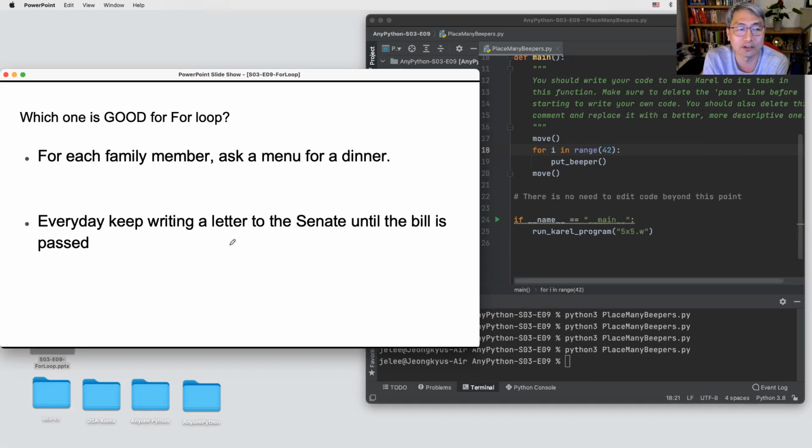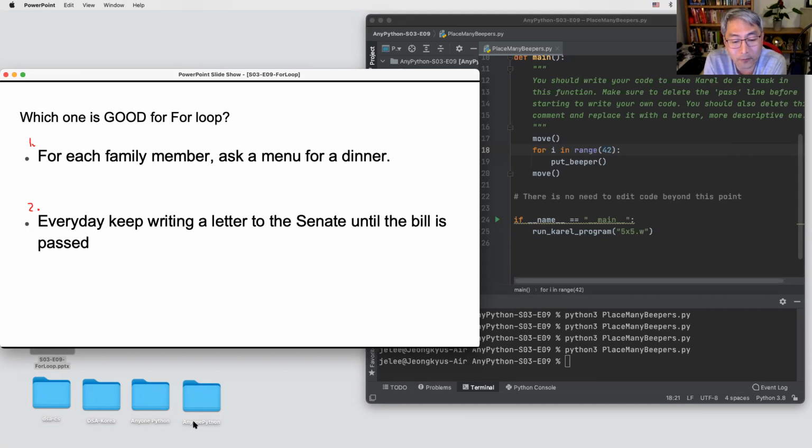For loop. So first one: for each family member, ask for a menu for dinner. Then second: keep writing a letter to the Senate until the bill is passed. So number 1 and number 2, which one is better? Second one.